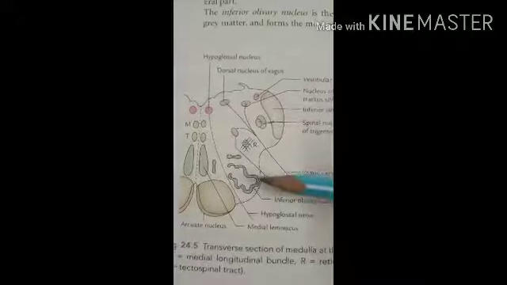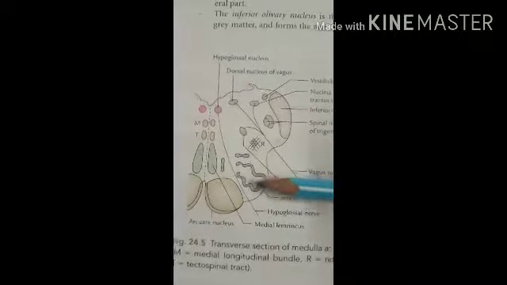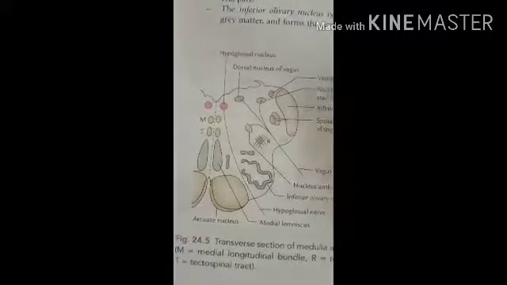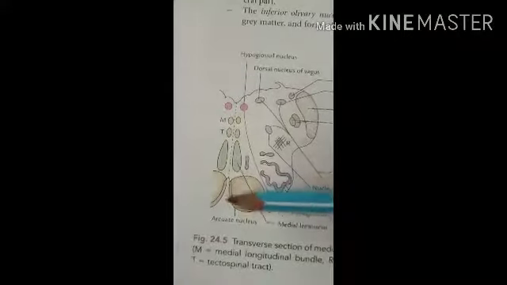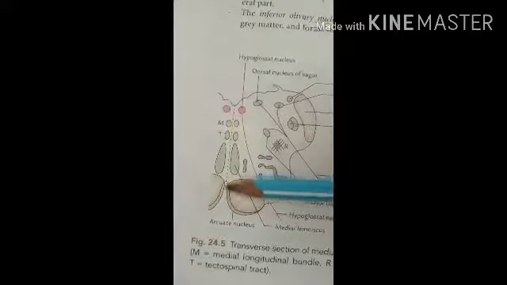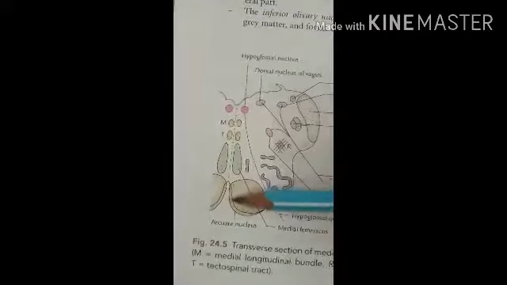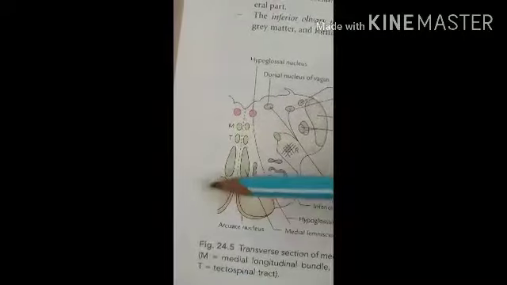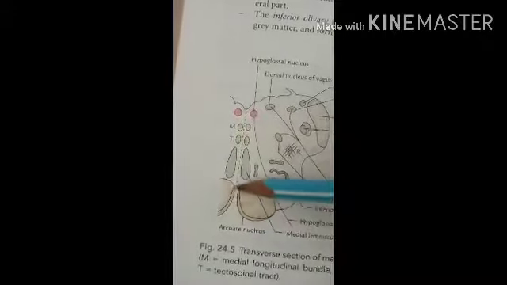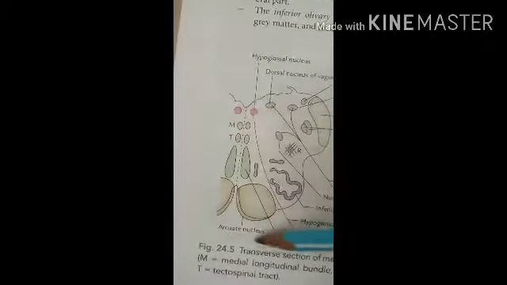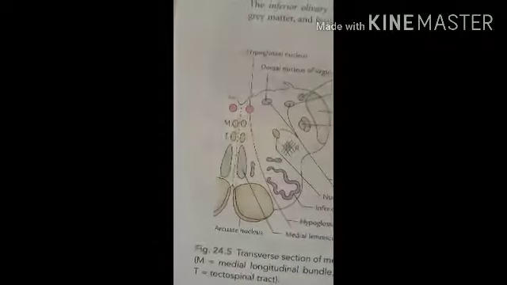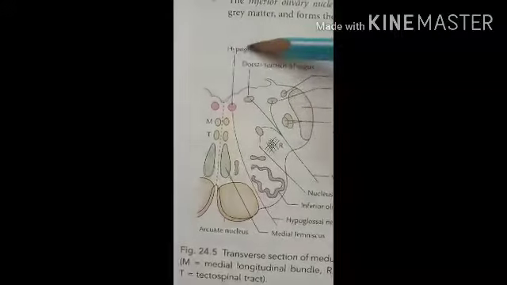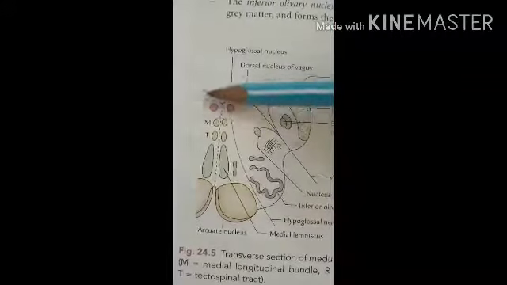It is the largest mass of gray matter seen at this level and shows the elevation of the olive. Then the arcuate nucleus, here you can see on both sides, lies anteromedial to the pyramidal tract. Here the pyramidal tract or the corticospinal tract is present. On the anteromedial side, the arcuate nucleus is present. Then the hypoglossal nucleus, here you can see, should be present on the paramedian side.